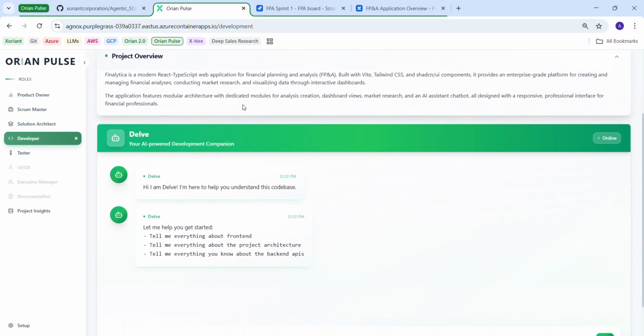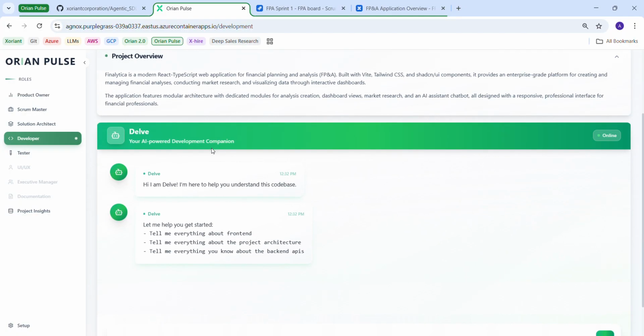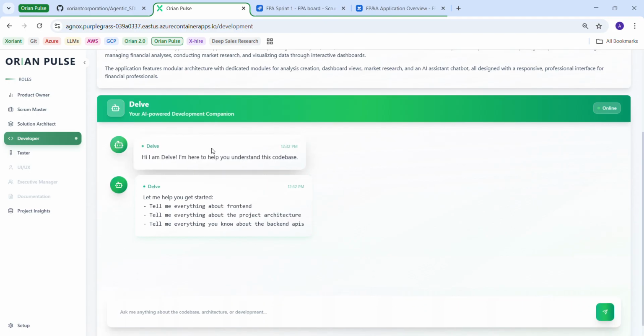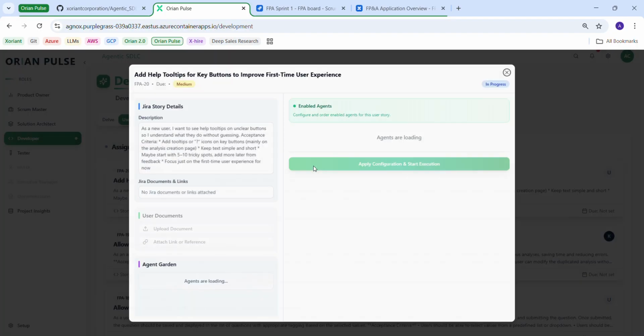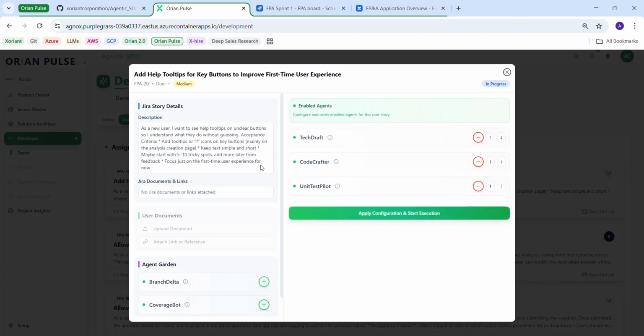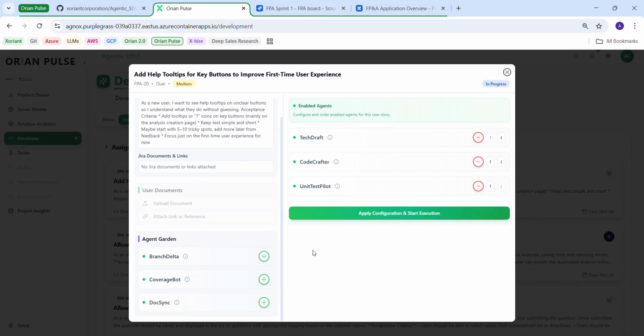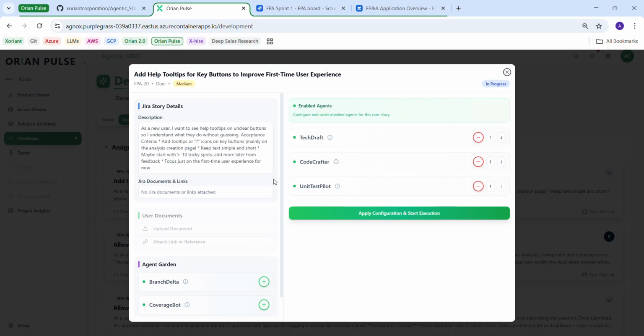Similarly, we have a Delve bot here which helps in the efficient onboarding of new developers. This Delve bot refers to the GitHub codebase that we pulled. Here we also have the list of active Jira stories. Now for the developer, as you see, the developer can decide which agents they need to use to fulfill the particular Jira story. Once it is applied,